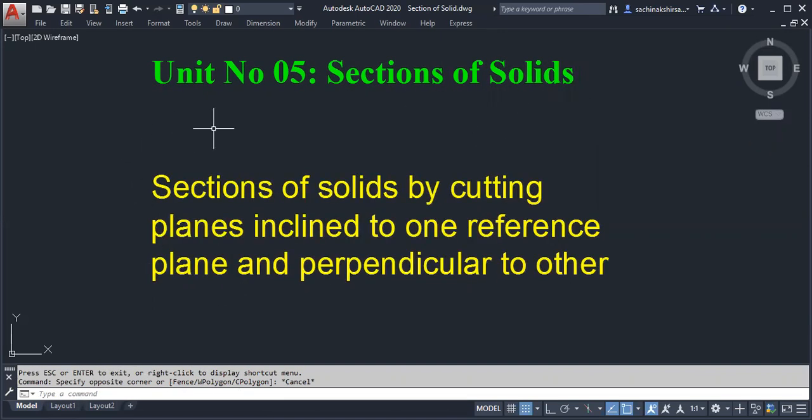Then in this chapter we are going to cut the solids. Why? One basic thing: why should we cut a solid or any object? The basic purpose of taking a section of a solid is to view the internal details, like an X-ray. I have given this example. Whenever there is some problem in, suppose, the knee, and you approach a doctor, I will use a medical example.